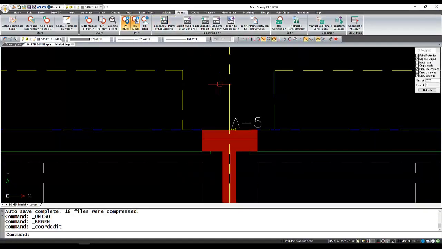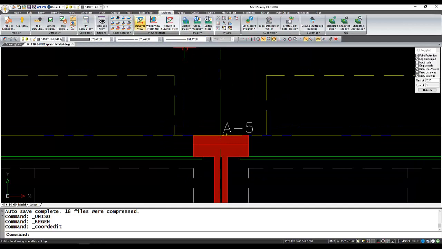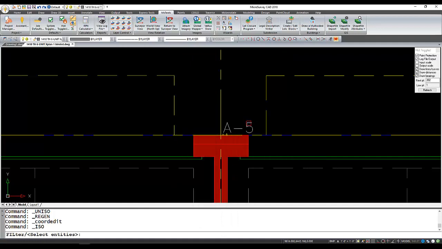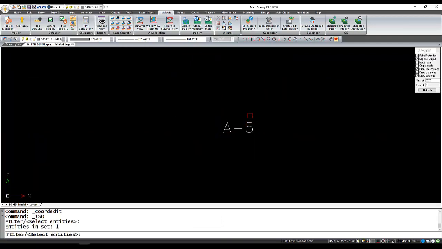layer. So now I can go back and use my Isolate Layer tool on one of those point IDs. And if we zoom back, we can see it's easy to find all the points that are on the same